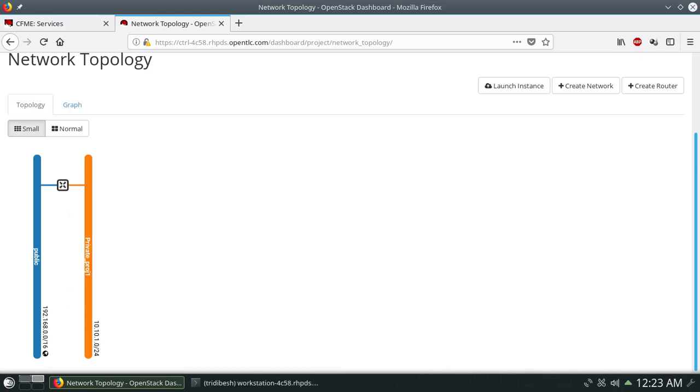So now we will see how you can create a network and assign that to your project via command line. So for doing that, let's go and log into a controller node and load a Keystone RC file for user 2.